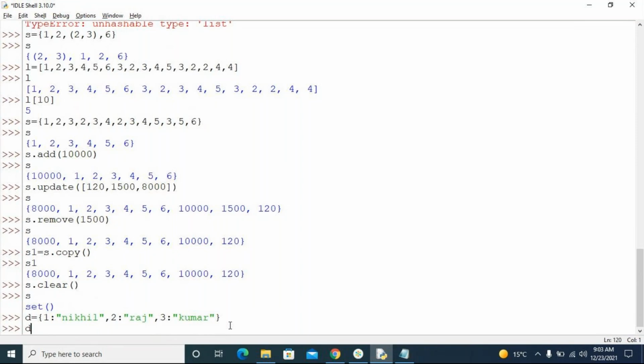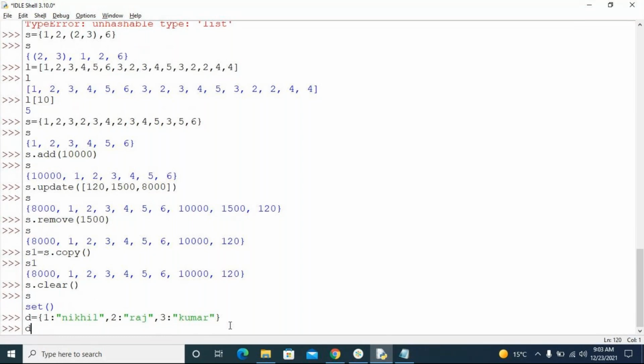Second thing, dictionary is an unordered collection. It may be in the same order, but you cannot retrieve anything using an index. Unordered doesn't mean the order may be mismatched; it means the concept of index is not there. You cannot retrieve any element using the index.